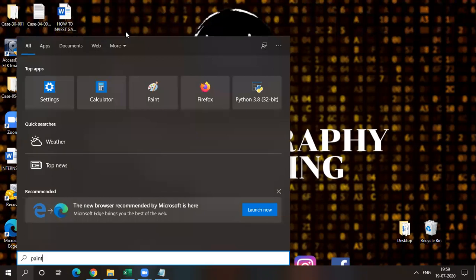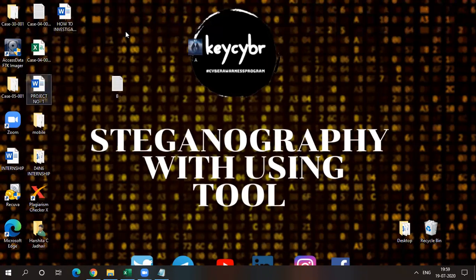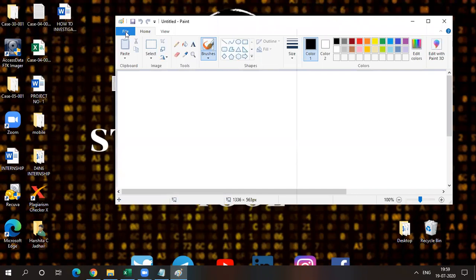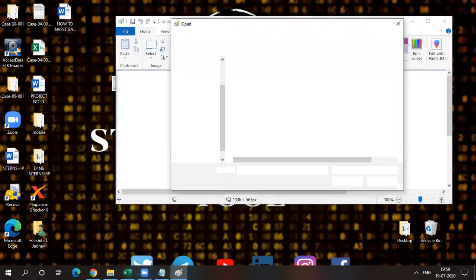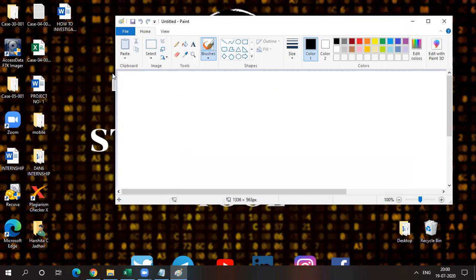Okay, so paint, and then we need to just open those image files in paint and save it. So open, that is our image file, right? So we can open this image, and now we need to